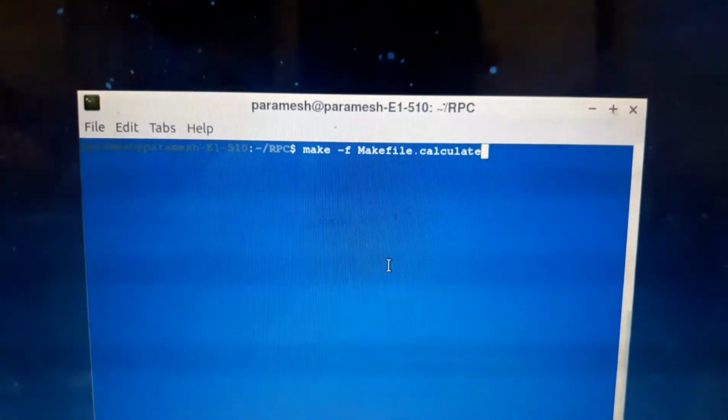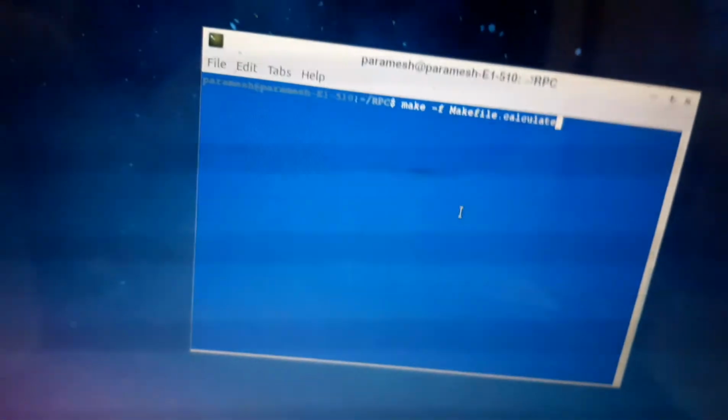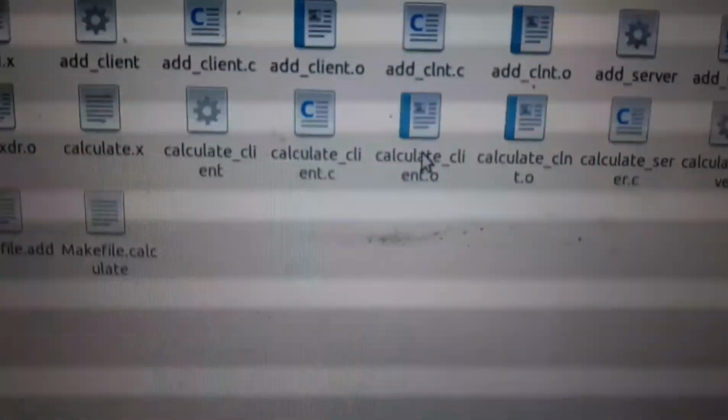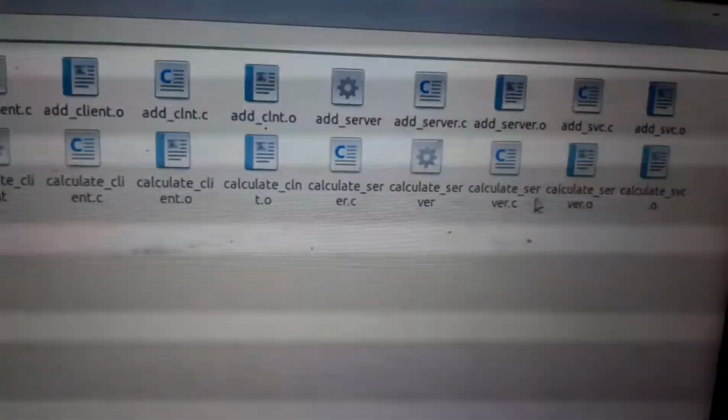Makefile dot calculate. By entering this, we get two executable files in the RPC, which are known as calculate client dot o and calculate server dot o.